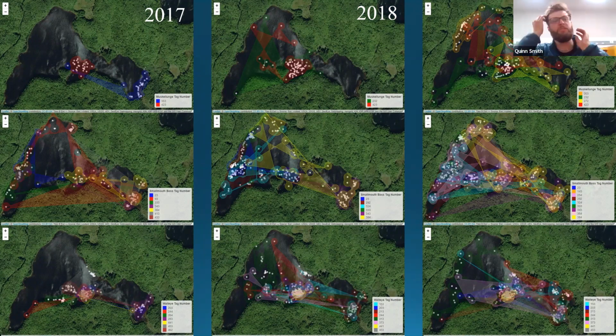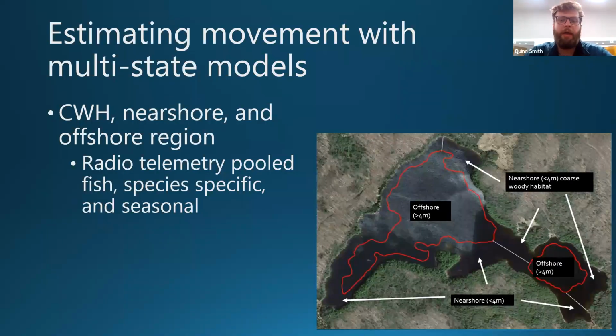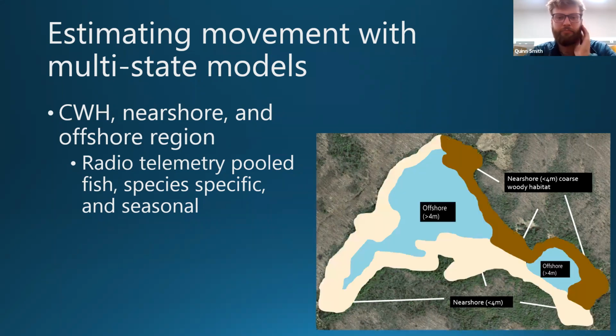So we looked at this and went, okay, we know that our home ranges are increasing. Let's look at whether these figures actually coincide with movement data when we build models from it. We wanted to estimate the movement with these multi-state models like I talked about. Again, there's the coarse woody habitat area, the nearshore area, and the offshore area in our lake. These were radiotelemetry data that were pooled, looking at pooled fish, and then we'll get into species-specific and seasonal. This figure will be up again, but these are the colors that I wanted to associate